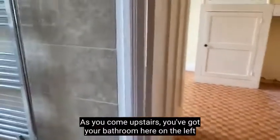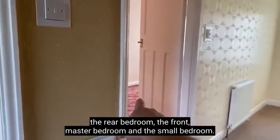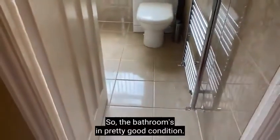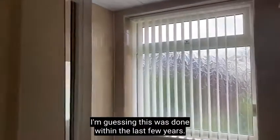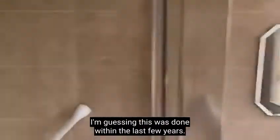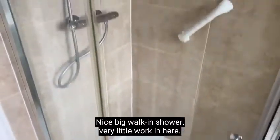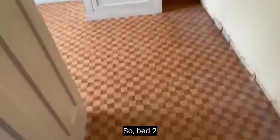As you come upstairs, you've got your bathroom here on the left, rear bedroom, front master bedroom, and the small bedroom. So the bathroom's in pretty good condition. I'm guessing this was done within the last few years. Nice big walk-in shower. Very little work in here. So bed 2. In here we'll be stripping all the room, stripping the ceiling tiles,